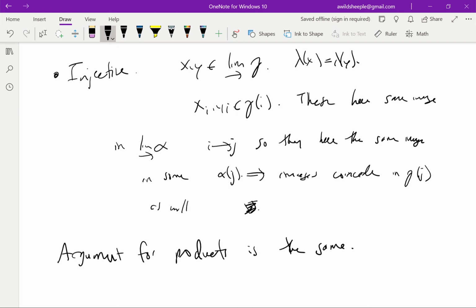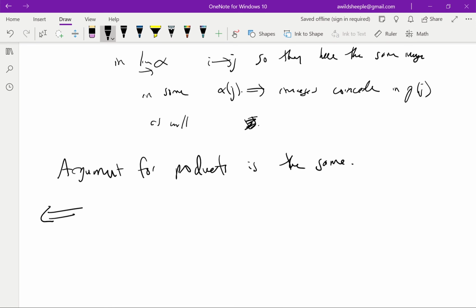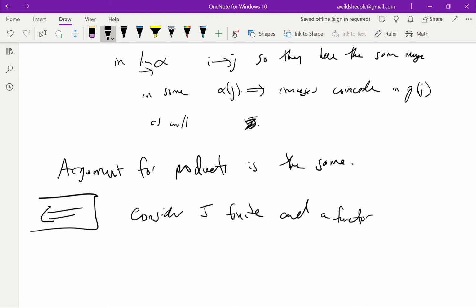Okay, now let's do the reverse direction. And this one's not so bad. So here we use that lemma 3.1.2. So we consider a finite category J and a functor phi from J to I. Now we have a characterization of filtrant that says that there is